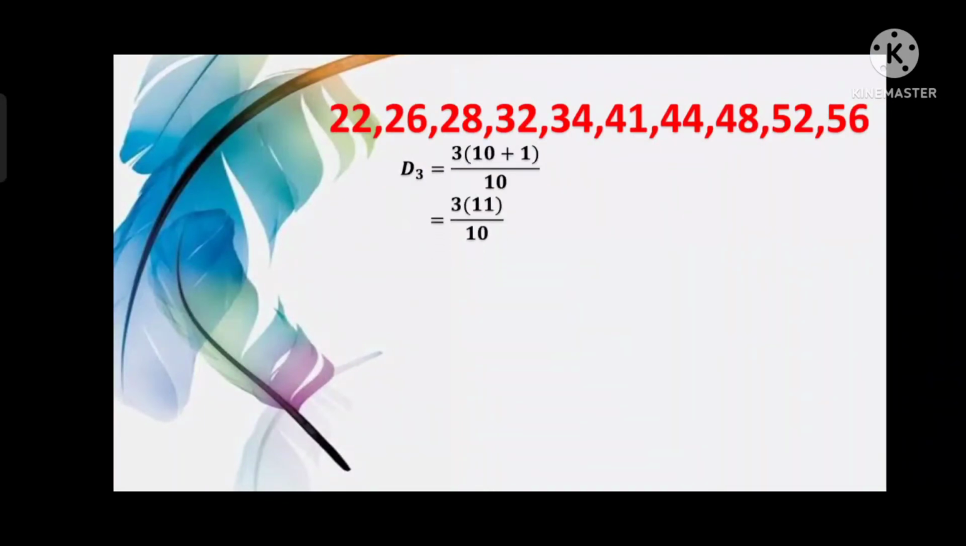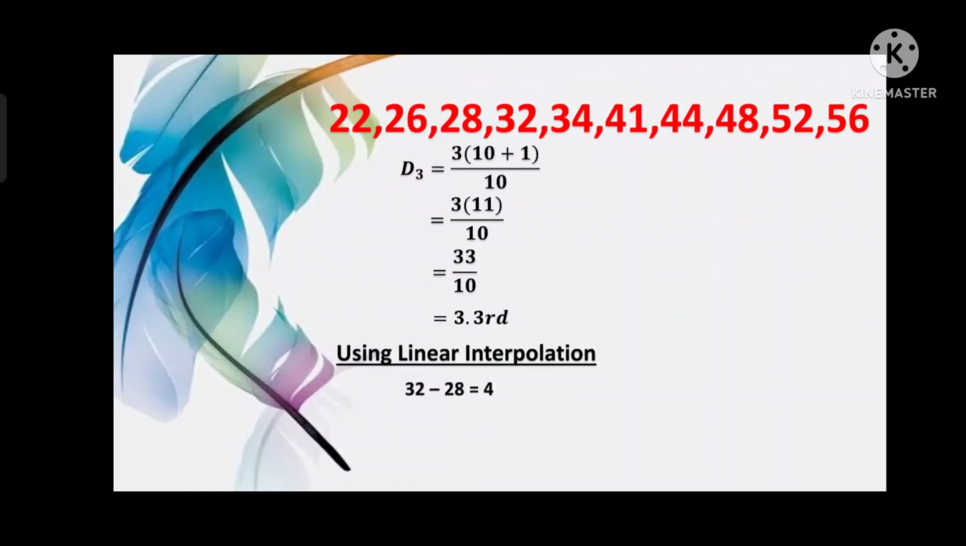We have 3 times 11 divided by 10. 33 divided by 10, which is equal to 3.3. Using linear interpolation, let us subtract 32 minus 28, because we have in the third position 1, 2, 3, which is 28, and we have the next number to